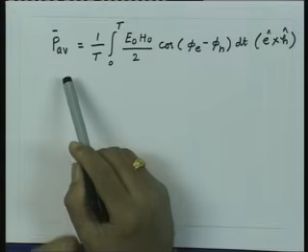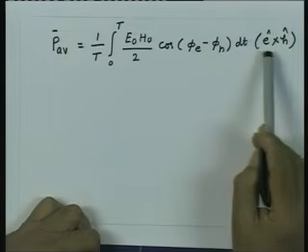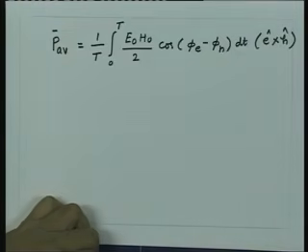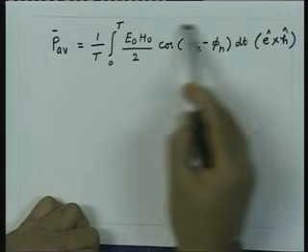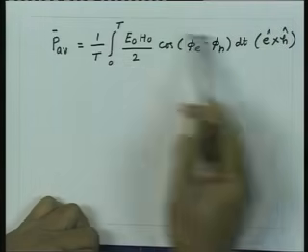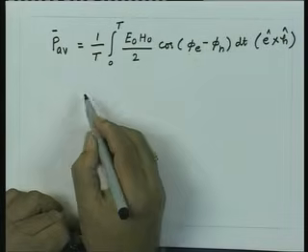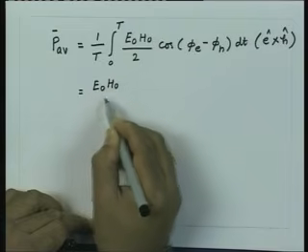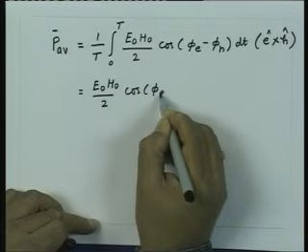So, the average Poynting vector now is the average value of this quantity, and you have a cross product of the unit vectors of the electric and magnetic fields. Now, this quantity is not a function of time, this is constant. So, this can be taken out. So, the integral will be 1 upon T integral 0 to T dt, which is nothing but equal to 1. So, this P average now we have is E 0 H 0 upon 2 cos of phi E minus phi